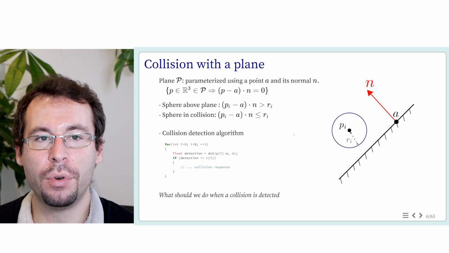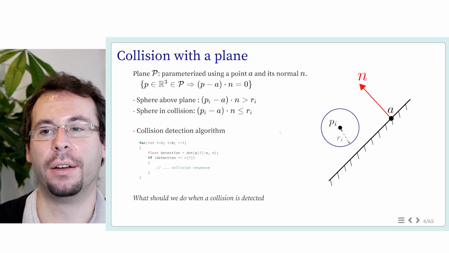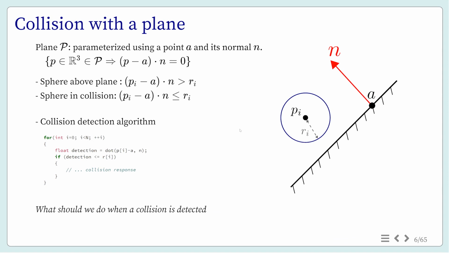And so, if I want to handle collision, the simplest one is to handle collision with a plane, another object which is a plane, and so I can parameterize any plane by two parameters: a point, it can be any arbitrary point within this plane, but I call it A, and a unit normal n. And I define that the positive side along the normal direction is the space which is allowed for the sphere to be, and the opposite direction is the space where the sphere would be in collision with the plane.